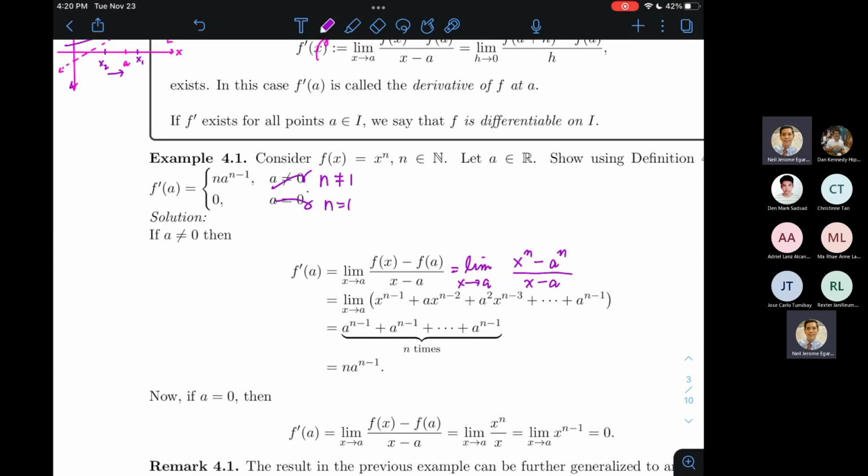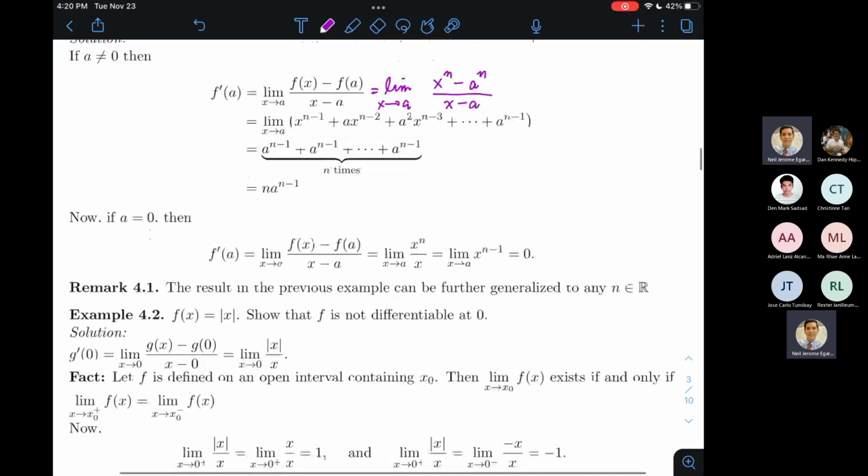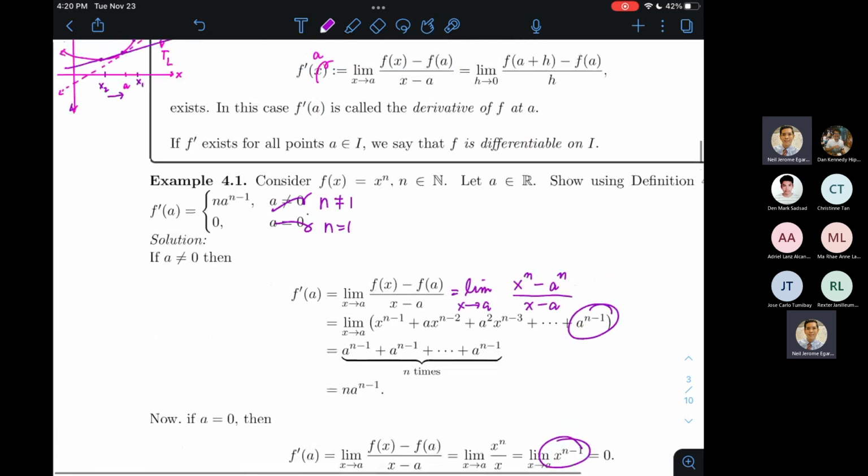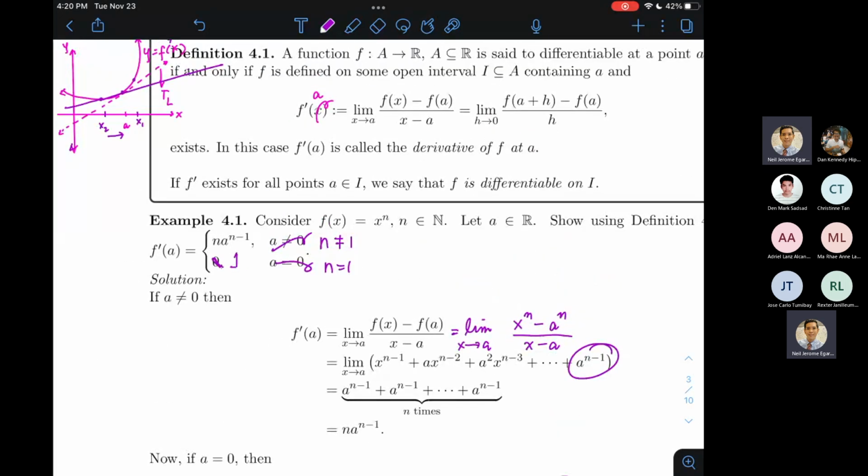Kasi inulit ko lang yung same mistake in the previous version of the lecture notes, yung a to the n minus 1. Yun din pala yung na-encounter ko dito. Magkakaroon din ako ng a to the power n minus 1. Tama ba? Yeah, I think that would be the problem there. Okay. So, kailangan kong... Yeah. Actually, hindi ito 0. Dapat siya ay magiging 1 na ngayon.